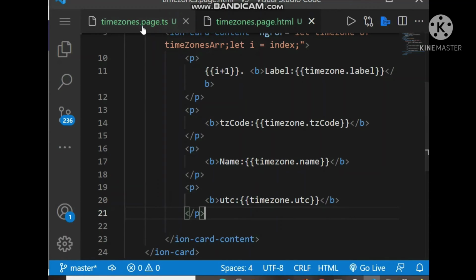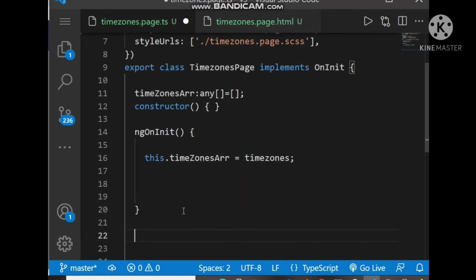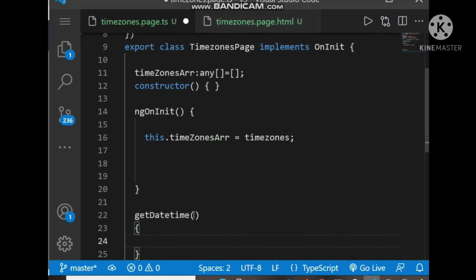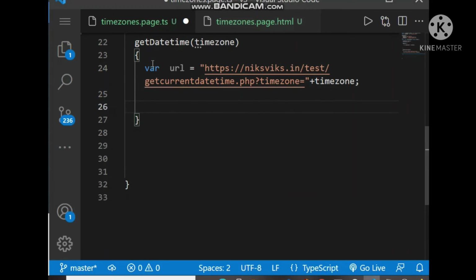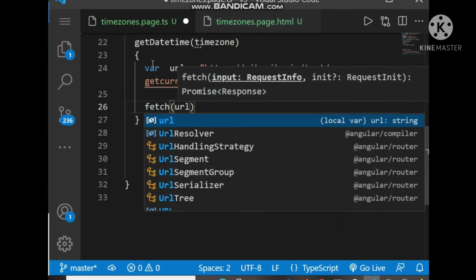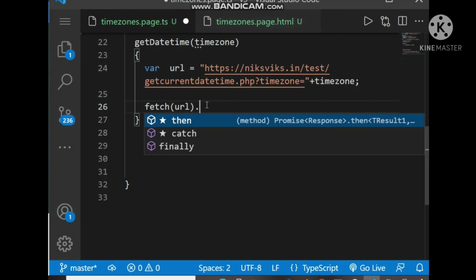So let's declare a method getDateTime, and in this method let's pass the time zone. And let's declare the URL first, the URL of the PHP API. Now we use fetch to call the API, and it returns a promise.